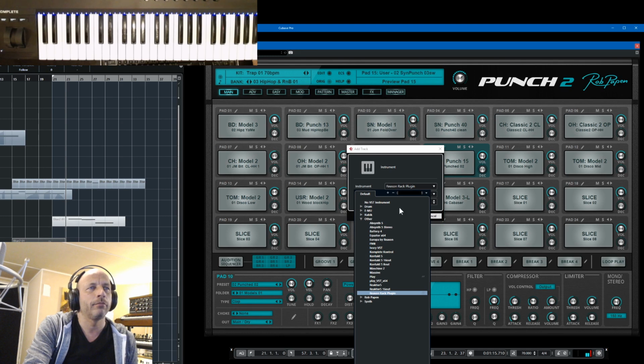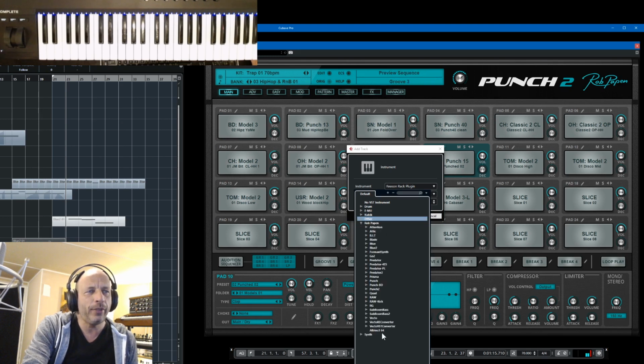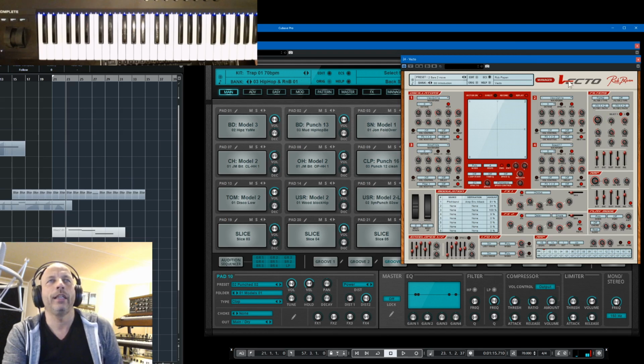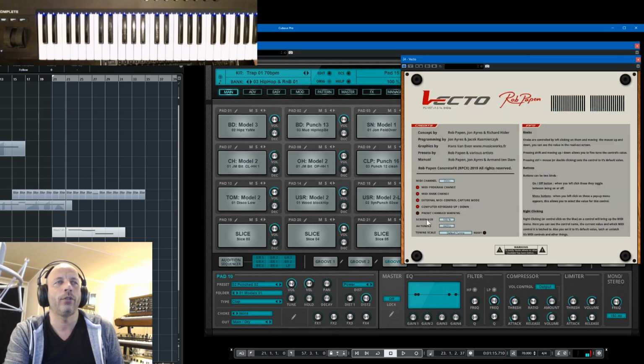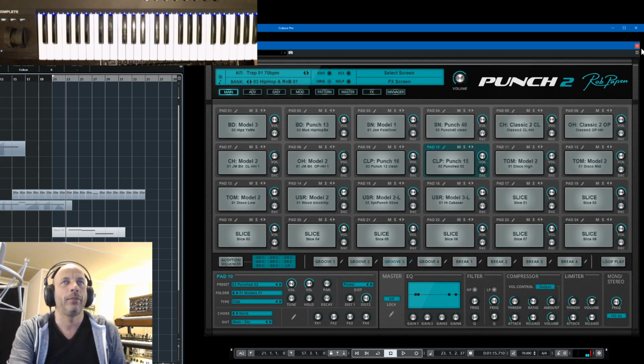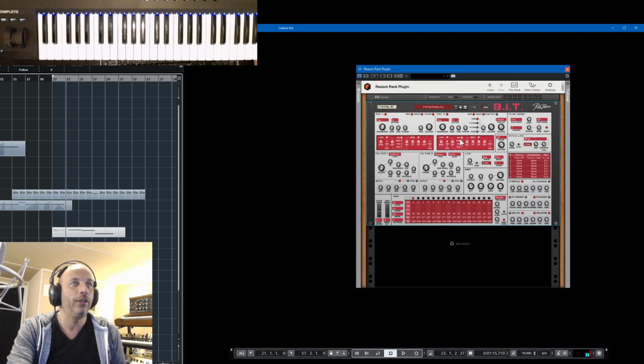Okay. So the last release we did was for Reason. Okay, so this is the small version. Let's go to the big screen version. Screen size. Okay. That's a bit nicer on this computer. And you see here we have